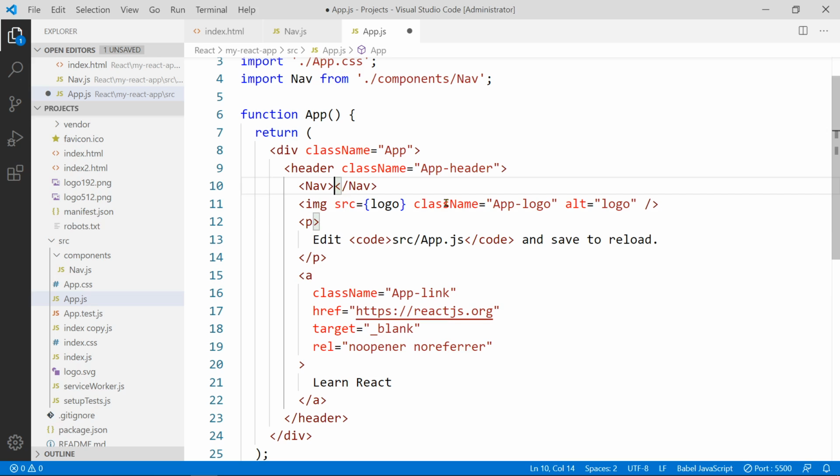Now, because we're not putting anything inside here, nothing goes in between, you can do it this way, or you can just say nav and then slash close like that. Again, you must close it either doing the single-sided or the double-sided tag. As long as you close it, that's fine. Okay, so if I save that now and go to my page,